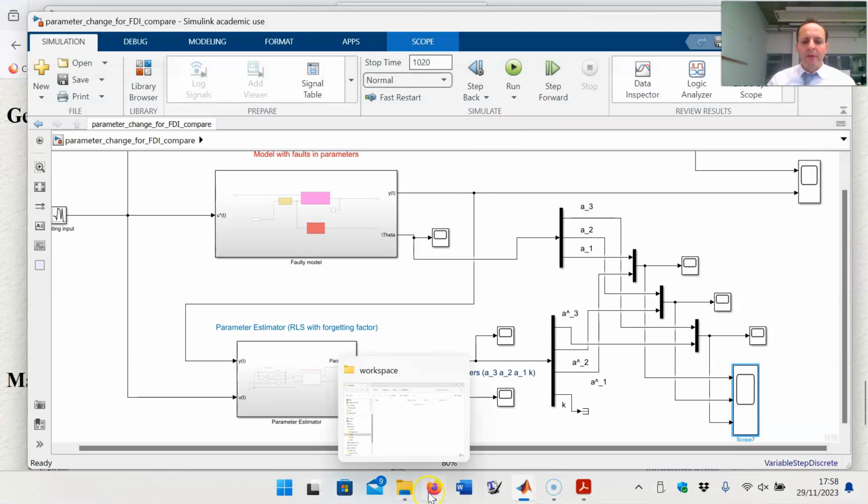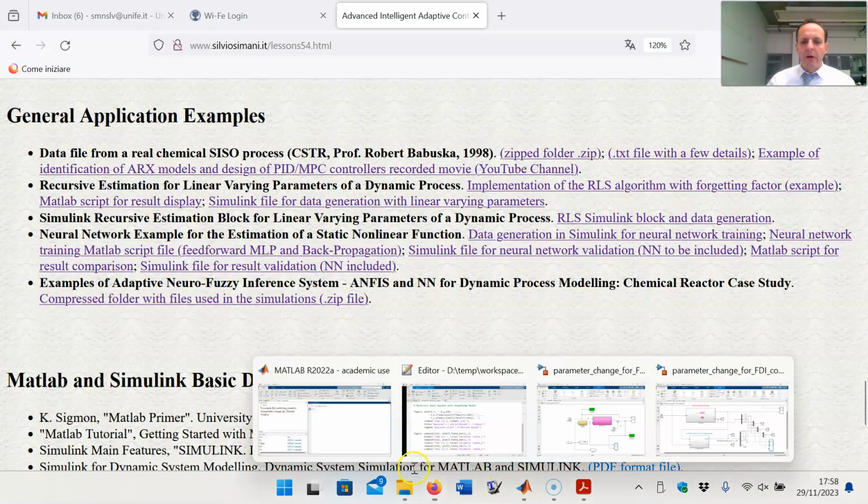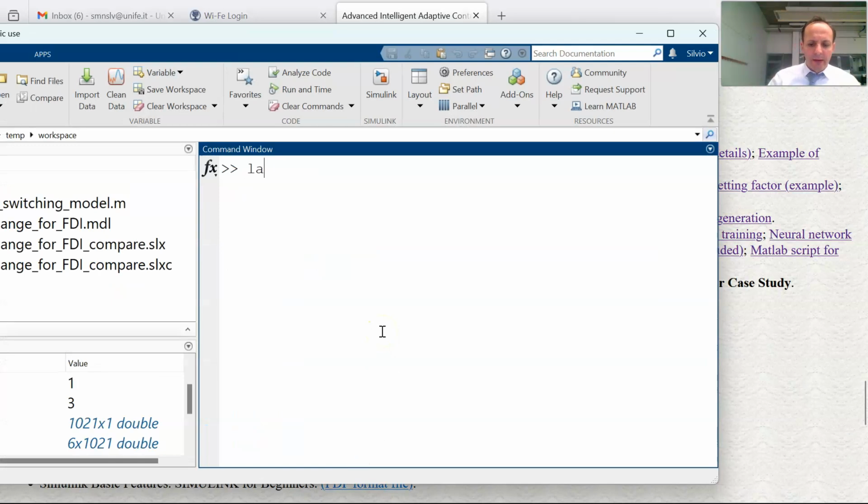Now if we modify the value of lambda, which is now equal to 1, so there is no adaptation, to for example 0.97,